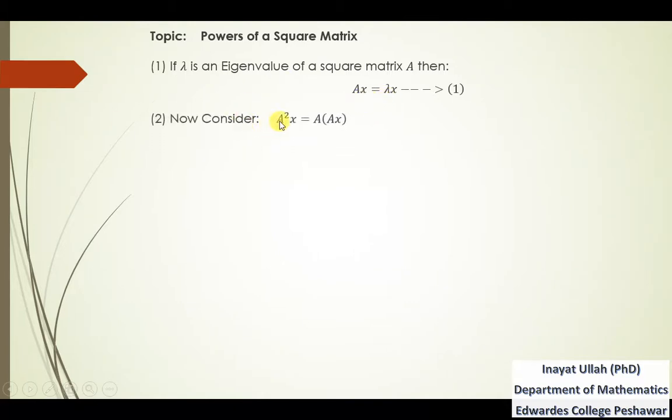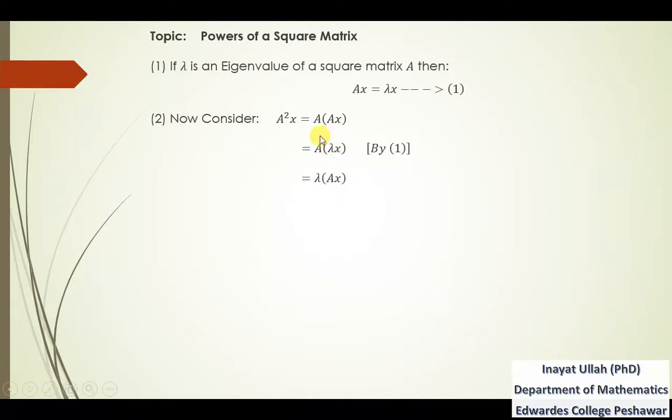Now considering the power of a square matrix, for example A square, we can write A square as A into A, but from equation number 1 we know that Ax is actually lambda x. So replacing this Ax by lambda x here, that is by equation 1, and now